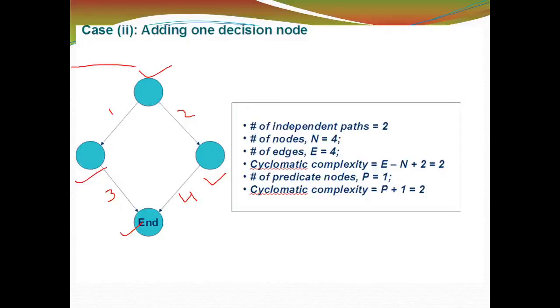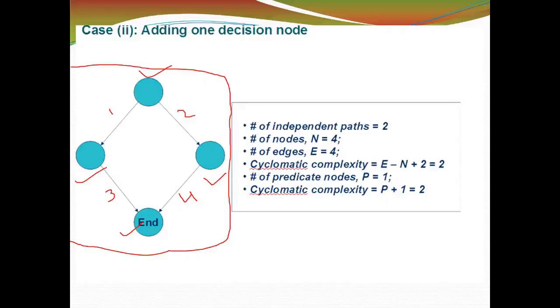From this control flow graph we understood how many paths you need to test. Now you need to decide how many different inputs you need to take to test these various paths. To test each path, how many different inputs you need to take, you need to decide